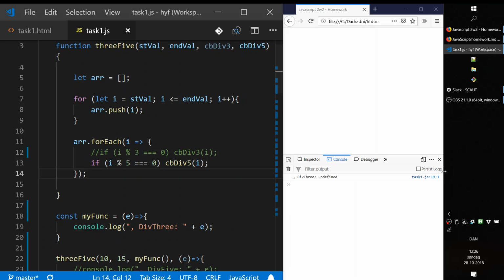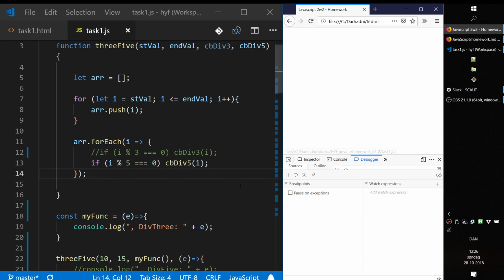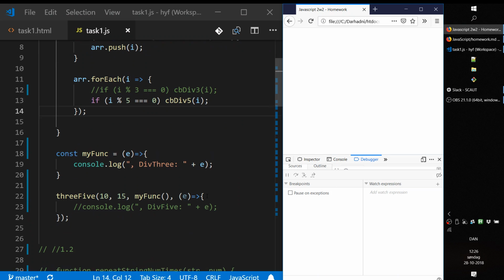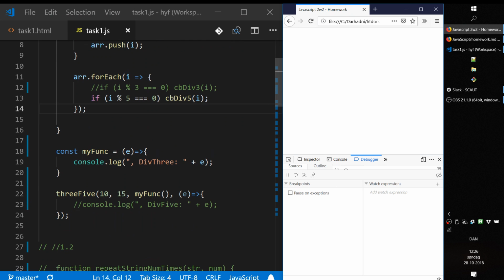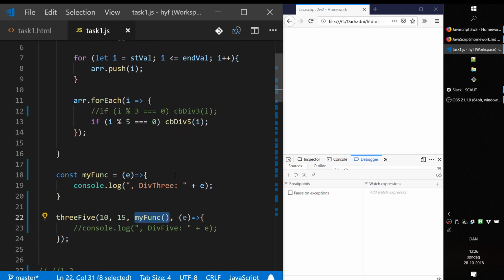And where does it do that? I think you have to uncomment that line, line number 12. Then you'll get the error. Oh yeah, I think actually the error is here. I could call, okay. So the error is kind of strange. Actually, what I'm doing, I'm calling down here, and I don't give a parameter. So that's why it's saying div3 is undefined. Oh yeah. And when you come up here,